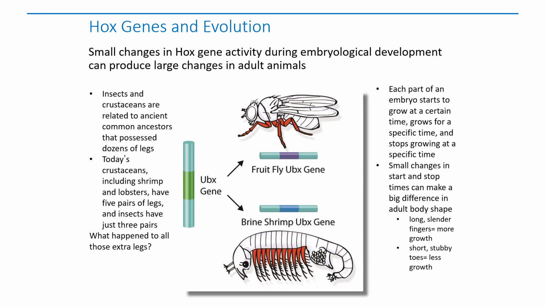And we also know that each part of an embryo starts to grow at a certain time, grows for a specific time and then it will stop growing at a specific time as well. And these small changes in the start and stop times can make a big difference in the adult shape. So when we look at the long, slender fingers, that means there was more of a period of growth. Where if there were short, stubby fingers or toes, there was a shorter period of